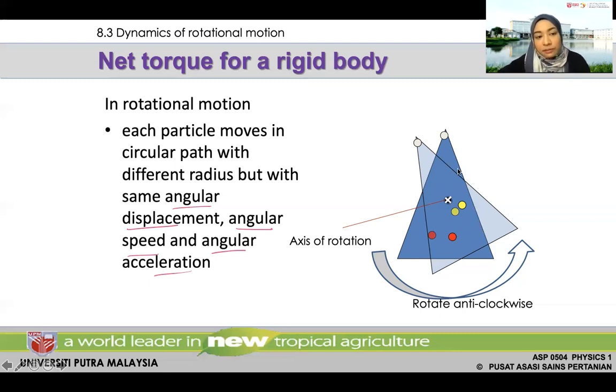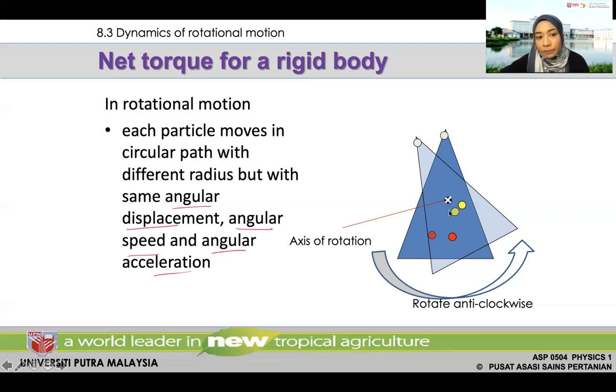They look as if they are not connected at all, right? However, they are connected by the same angular displacement. This dot moved by some angle. This red dot also moved by some angle. That some angle is actually the same angle, but they look different because they have different radius to the axis